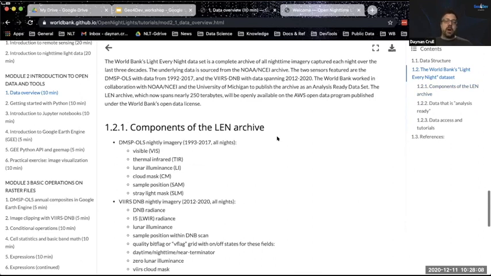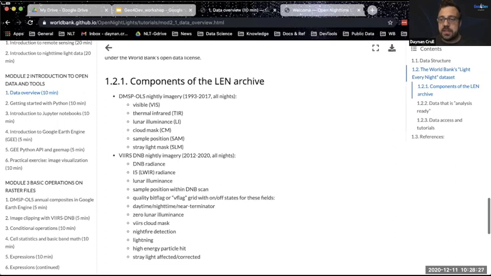Today, I'm going to focus on accessing data that's currently publicly available, i.e. through Google Earth Engine. That's why we're emphasizing the Google Earth Engine platform. It is a great tool for that. It's not the only tool, but it is definitely something that I think will help us conceptually understand how to access this data and use it. So that's the choice today. Just as Ron mentioned in the chat, please note that these are still in development. There may be some subtle changes, but hopefully you'll be able to follow through everything okay.